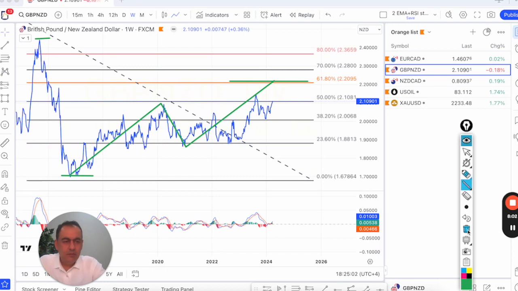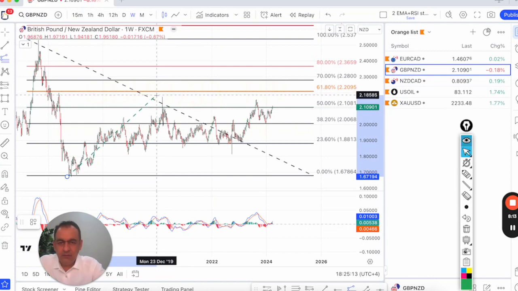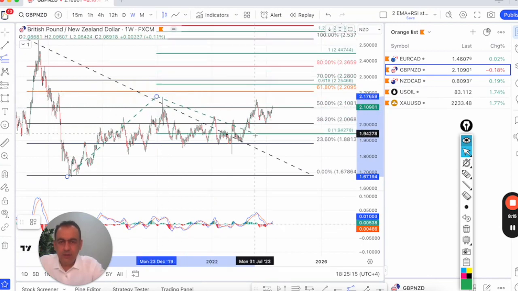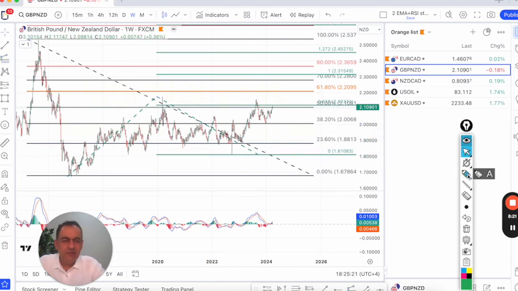cycle. So I'm going to use fib extension in the upward direction now, and I'll be using it from the lowest point to the first leg, that is A, and I'll bring it down to B. So the 100% extension area is at 2.315, which is way higher than 61.8, and the next major resistance is around this area. So we are very close to the major resistance point, and we are also forming a new